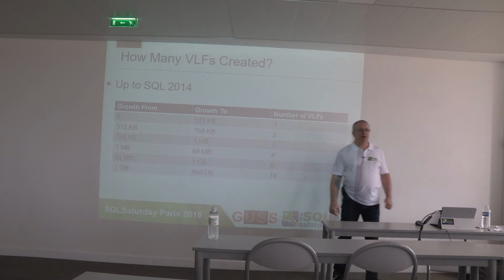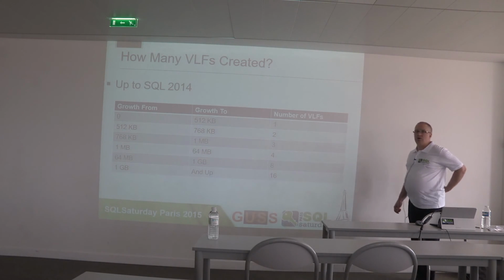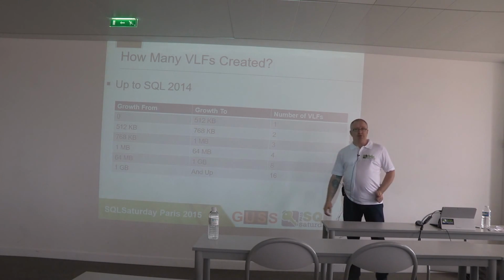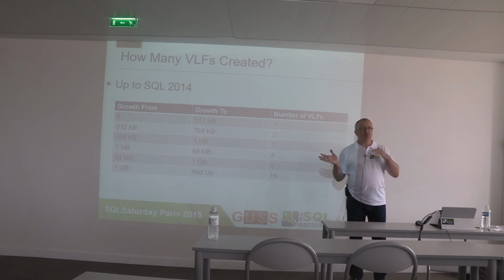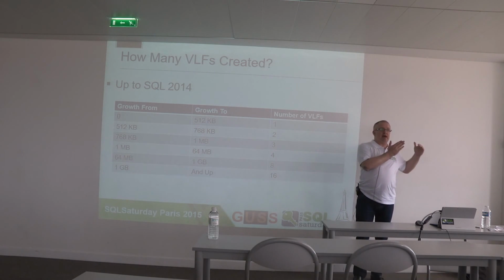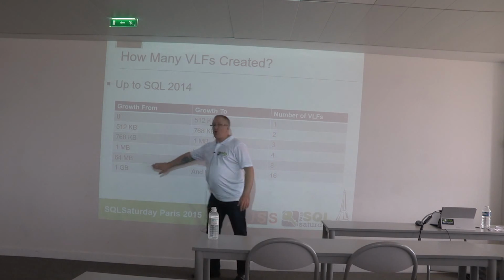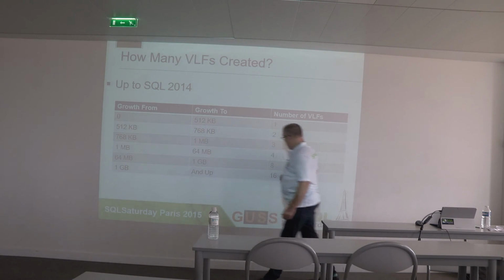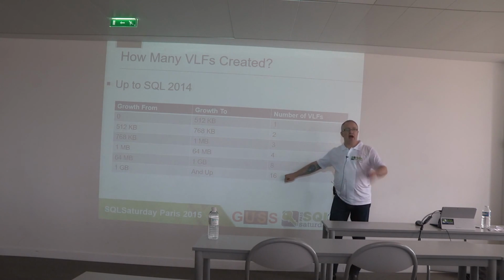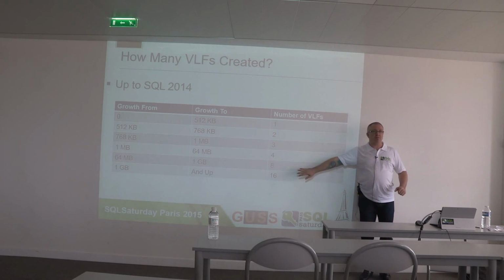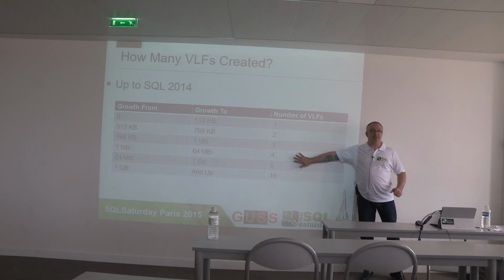First question. Just to understand, is that per growth or what? Yes. Every time your transaction log file grows, SQL Server will look at your database settings to say, how much do I need to grow? So if you have your transaction log file set to grow in 1 gigabyte increments, every time it will add 16 VLFs. And I have a demo that shows that. Okay? Is everyone with me so far? Have I lost anyone yet? There's always someone. I always lose someone.